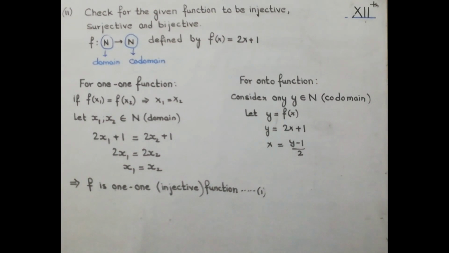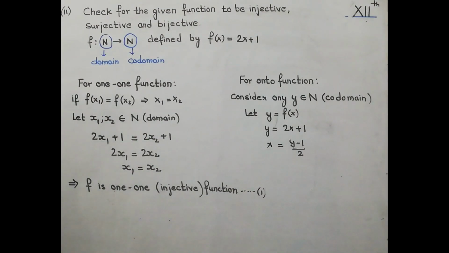This you have got the pre-image. Getting value of x means getting a pre-image. Now y belongs to natural number. If you put any natural number here, will you always get a natural number? Just think over it. Y belongs to natural number. Now if I substitute any natural number over here, will pre-image, that is x, also be a natural number?